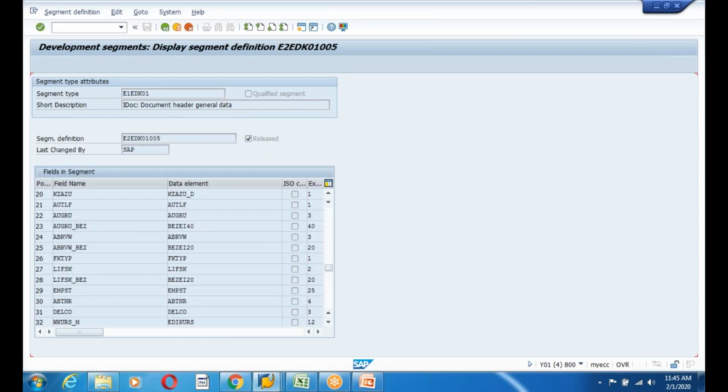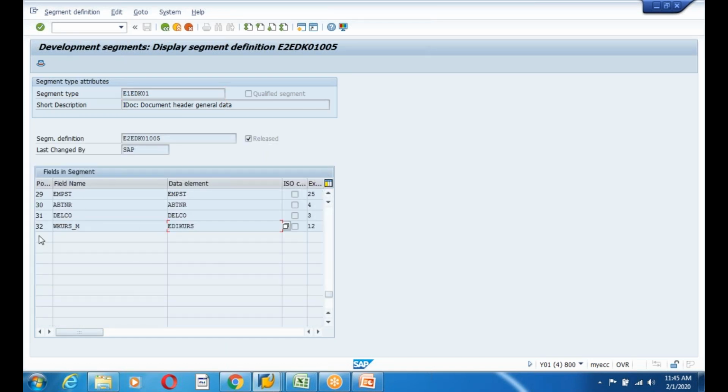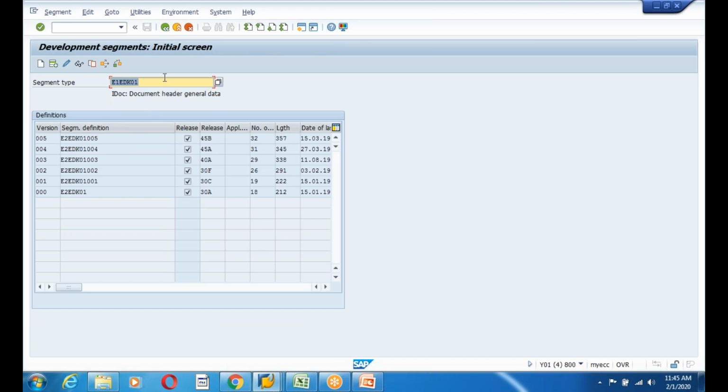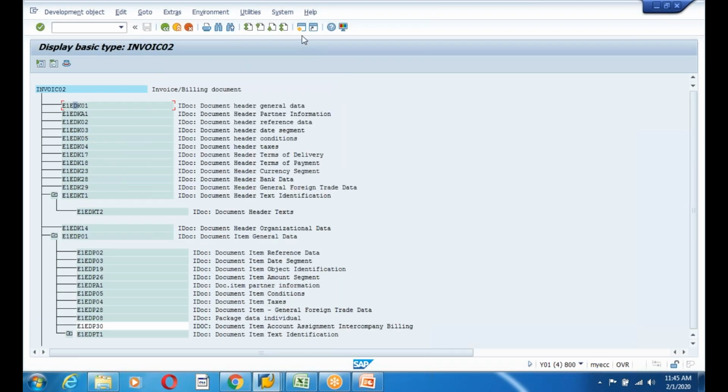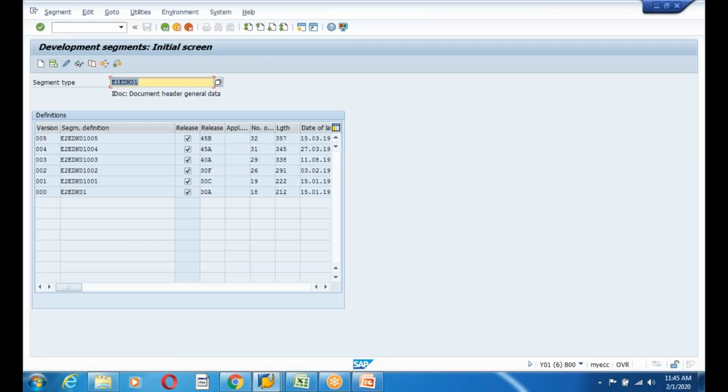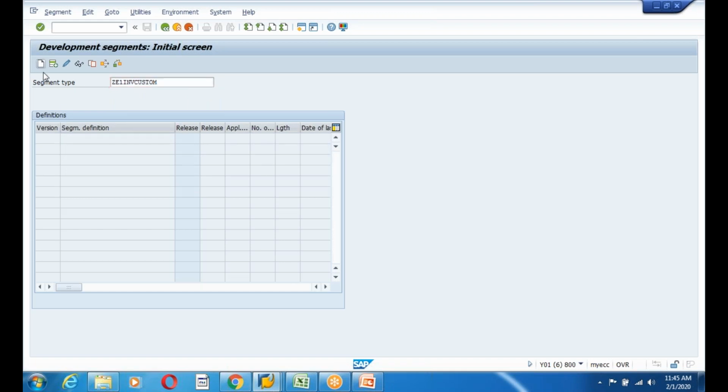So I need to add the mode of transport over here. I would like to add mode of transport on this, in the header data. So what we need to do is, I'm going to create a custom segment. So WE31 and ZE1, E1, and INV custom. So this is my custom segment, and create the segment